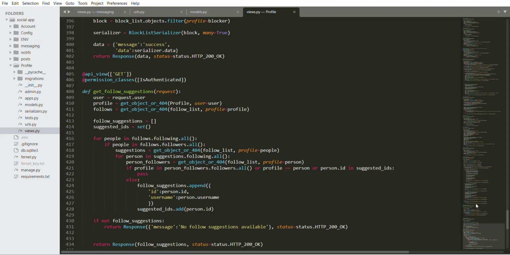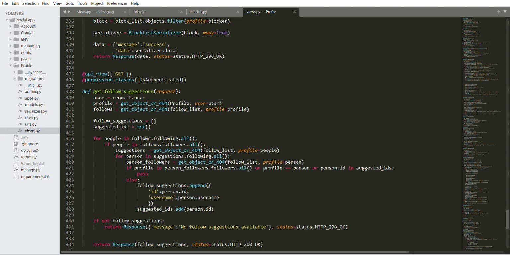Now, down to our get follow suggestions. What inspired this was I noticed that if I am following somebody on Twitter and the person is also following me back, then if I go to my follow suggestions, I see the people that my mutuals follow. So basically, the people that I follow that follow me back. All the people that are there are the people that they follow.